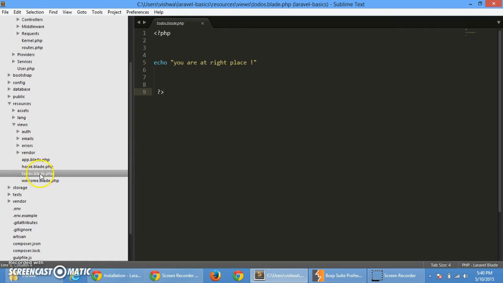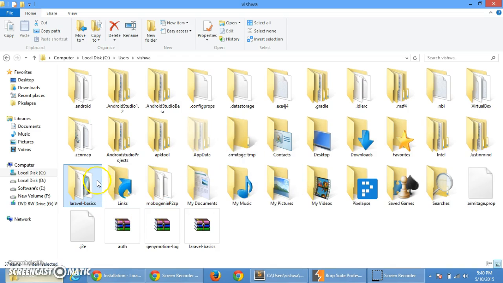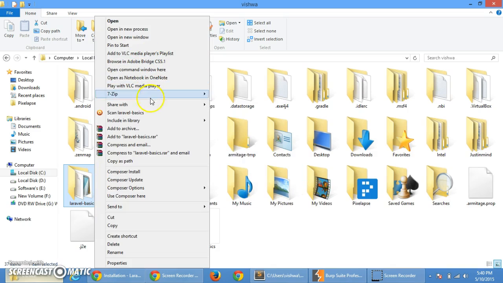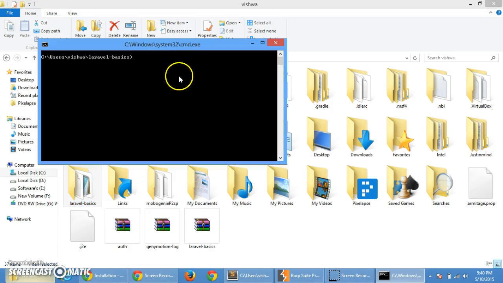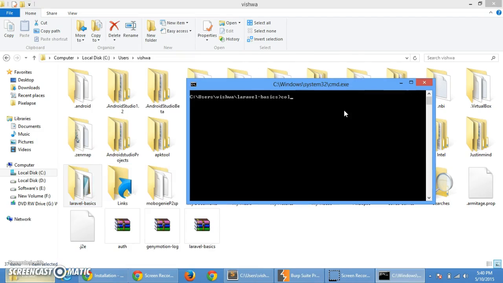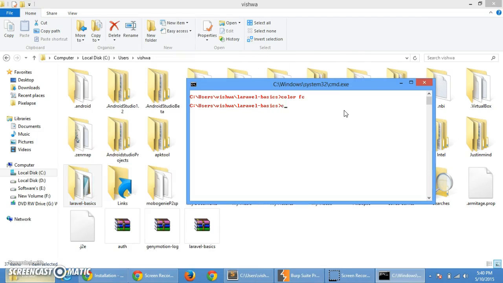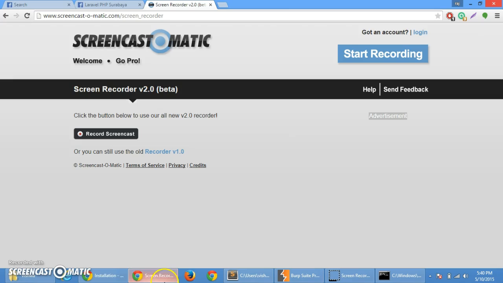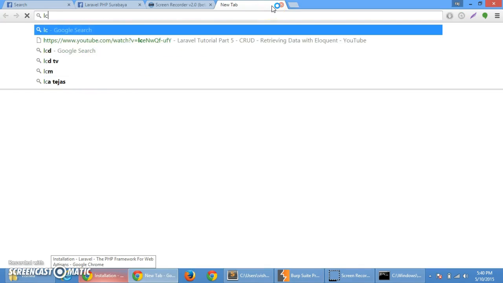So get back. We will try to start our project. First of all, just right click and then open command prompt here and type the command php artisan serve. What it will do is put your project live. Yes, your project is running, and just go into the localhost